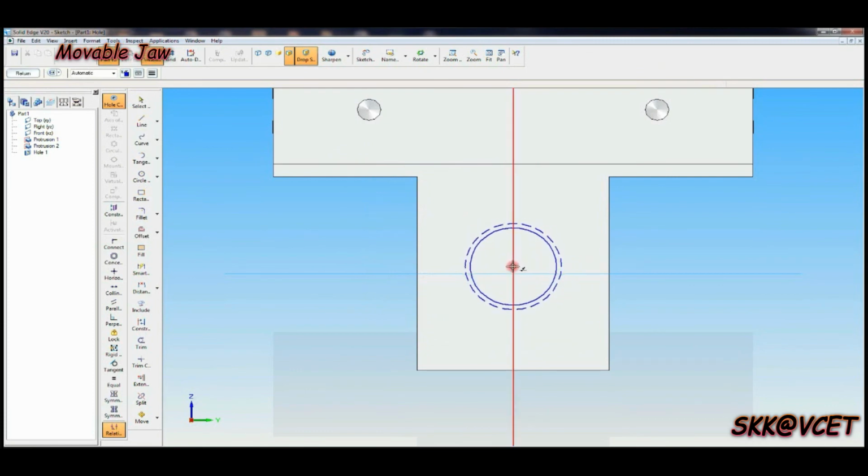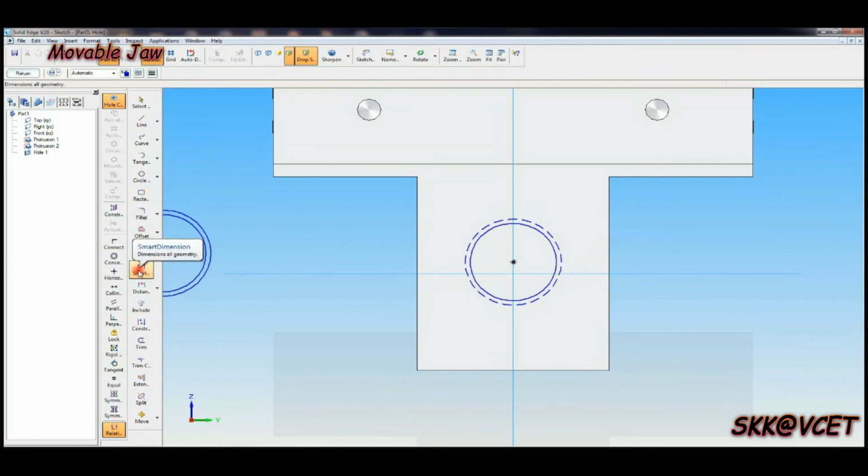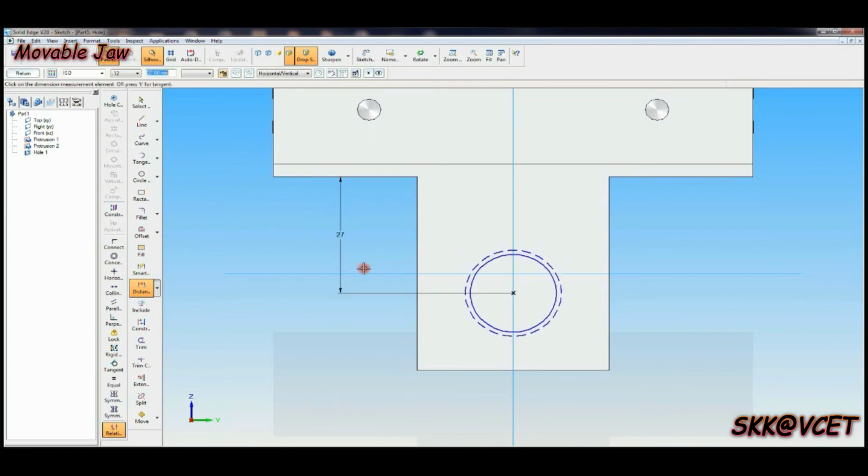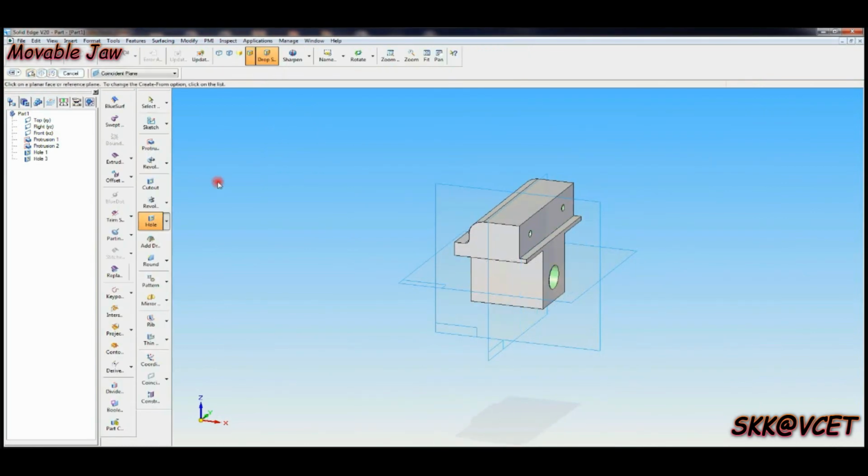Then click on the hole circle in that vertical plane, then with the help of smart distance between from that to that, the distance should be 27. Okay, then return. Through hole you can get like this.